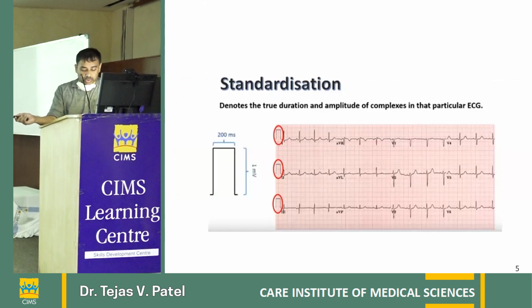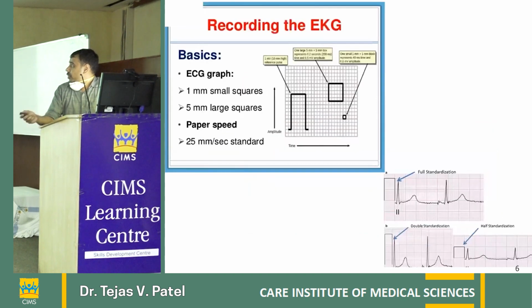That is very, very important, because it can mislead you in LVH, or in pericardial effusion sometimes because of the low voltage ECG and all kinds of things. And sometimes ST elevation and T inversion and everything can be missed easily. So this is very, very important. You can see it here.